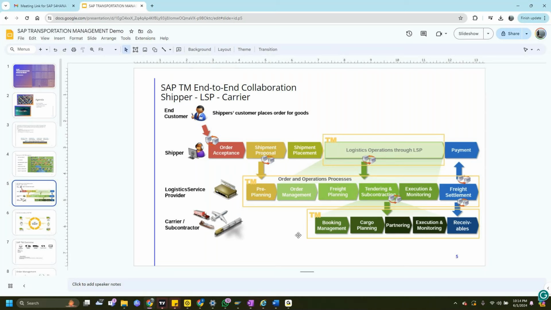Similarly, Banu company has 100 trucks. Gautam has given me an order of 100 tons to ship to my company, and Banu company has to ship it. Banu company acts as a logistics service provider because I am providing services to you. Okay, got it. Basically both are the same, but it's a different perspective, the other side of things. So DHL calls themselves an LSP, and we call DHL a carrier.